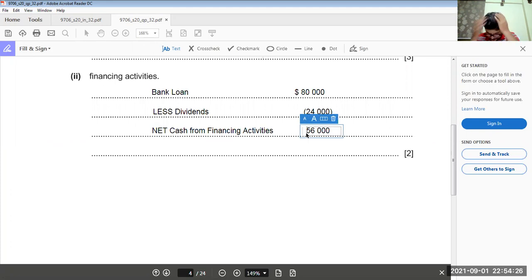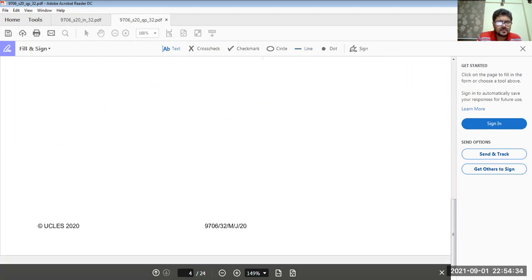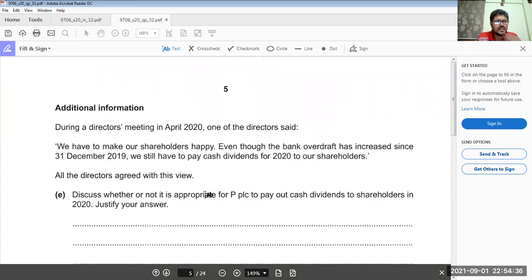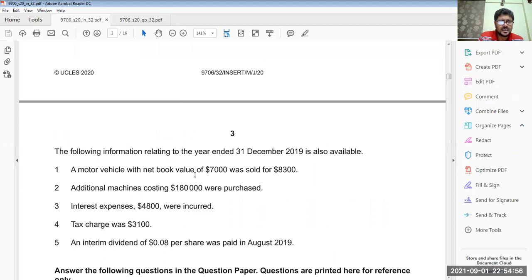During a directors meeting in April 21, we have to make our shareholder happy. Even though the bank overdraft has increased its reserve, we still have to pay cash dividend for 2022 to our shareholders. Also, whether or not it's appropriate for PHC to pay out cash dividend to shareholders in 2022 is justified. So, if we see the position of the company,